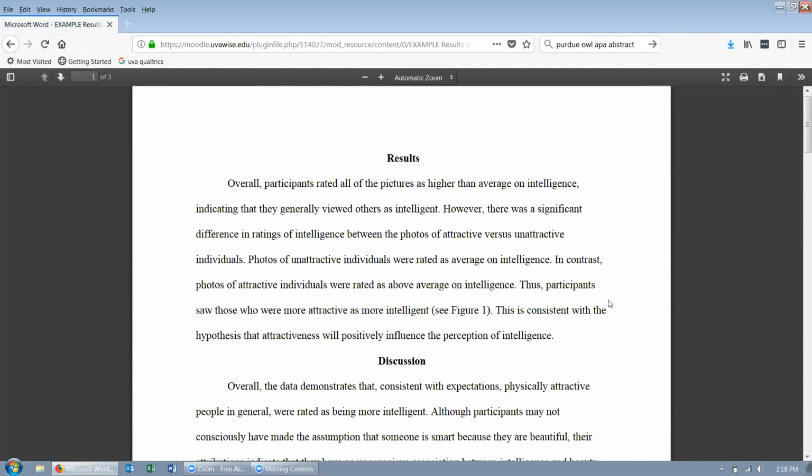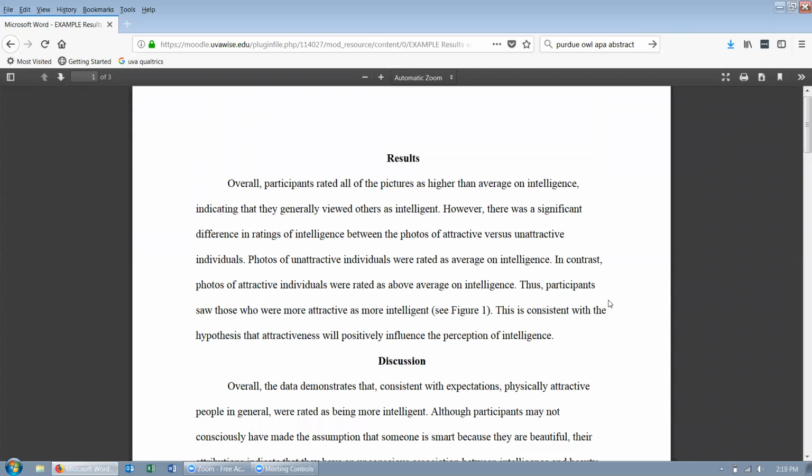When you're writing the results section, you do not need to make up specific numbers. Instead, you just need to describe what you would expect. However, because you don't have numbers, you do need to use your words to describe the effect. So you need to be fairly descriptive with your words, even though you're not putting in actual numbers. So first, you want to describe what types of scores you expect to find for each of your variables. So something along the lines of, most people scored themselves as low on aggression, but high on attractiveness. So describe where people stand in terms of the constructs you're measuring.